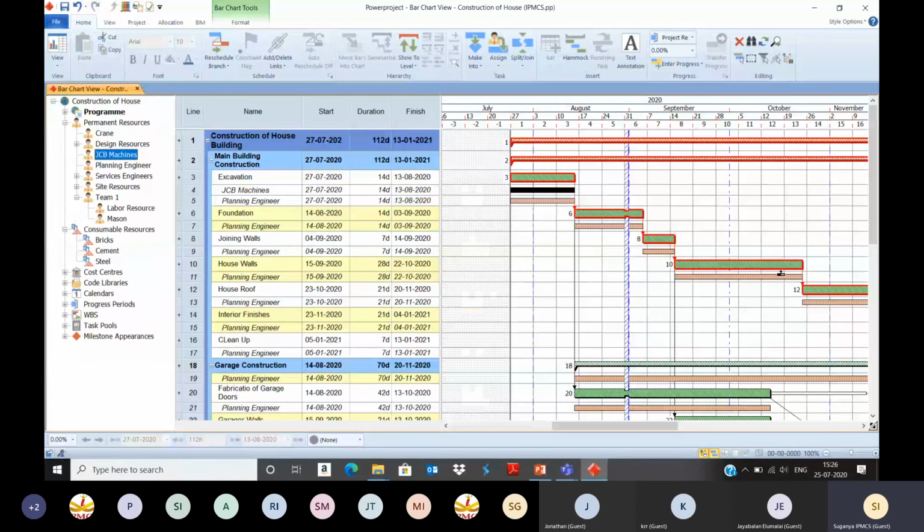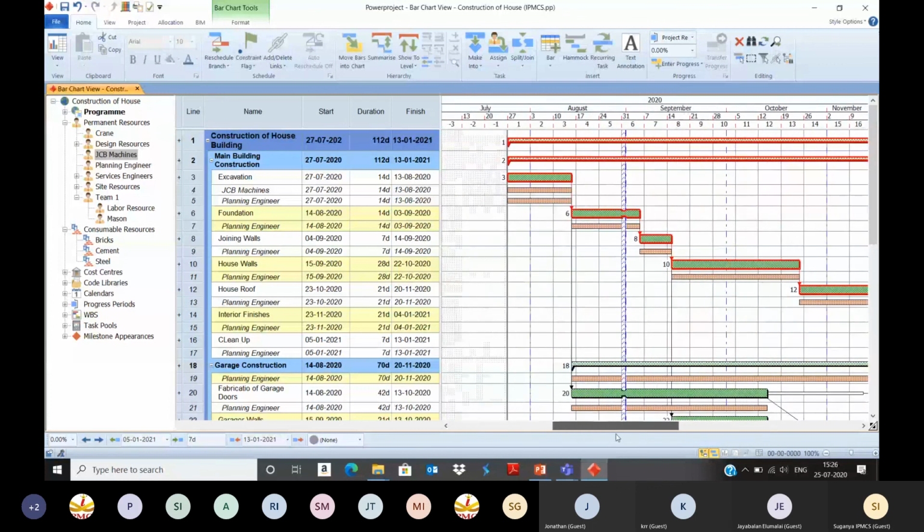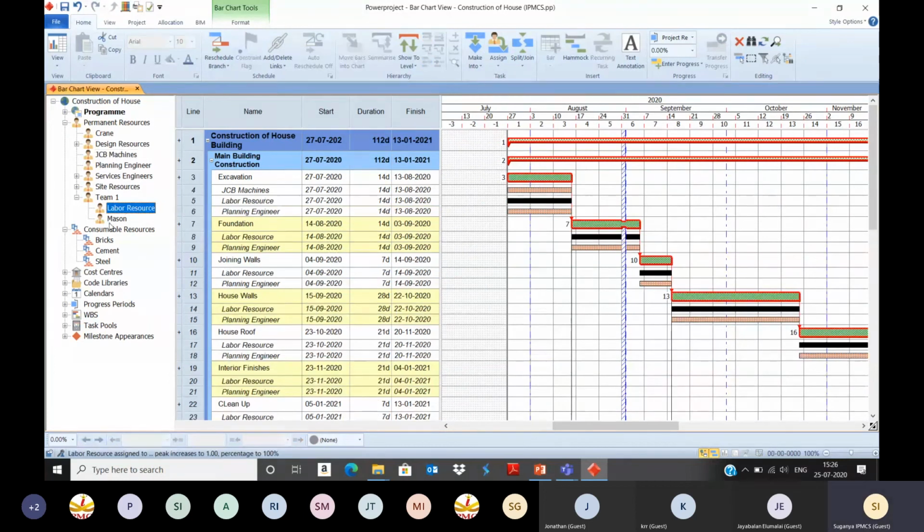Say for example, I'm assigning for main building construction for all activities. Drag and drop the labor resource. Also mason resource.